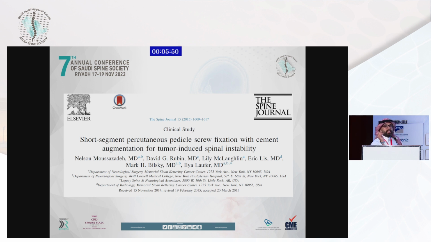They've noticed in the previous literature review that most patients with minimally invasive approaches have a very long segment of fixation, 2 or 3 levels above and below, and this will add more morbidity for patients with their condition. So they came up with a very nice technique, which I use widely